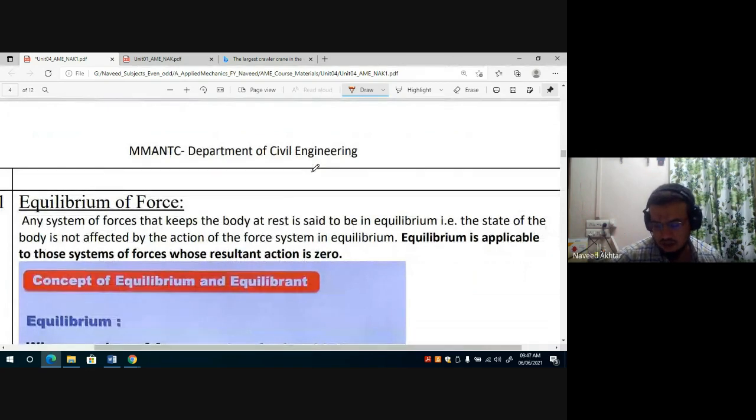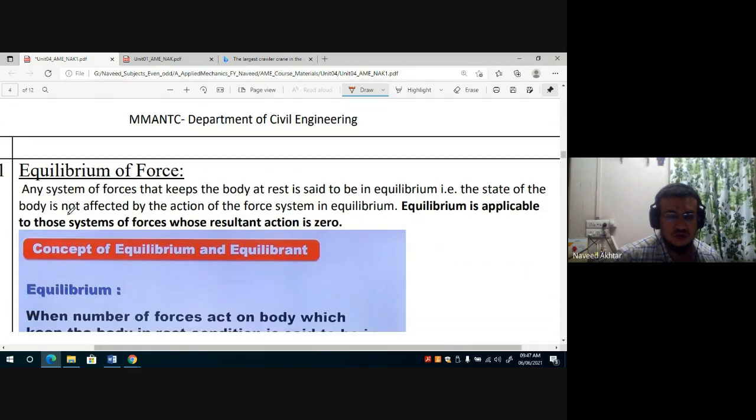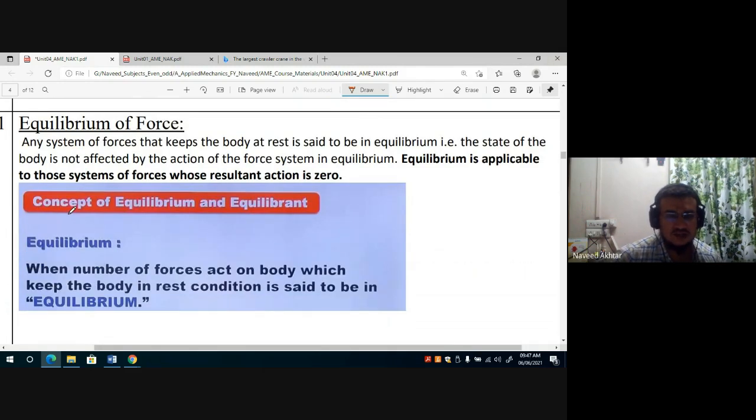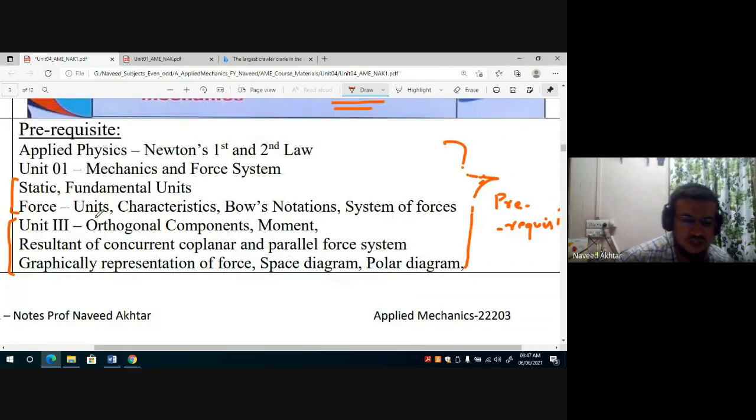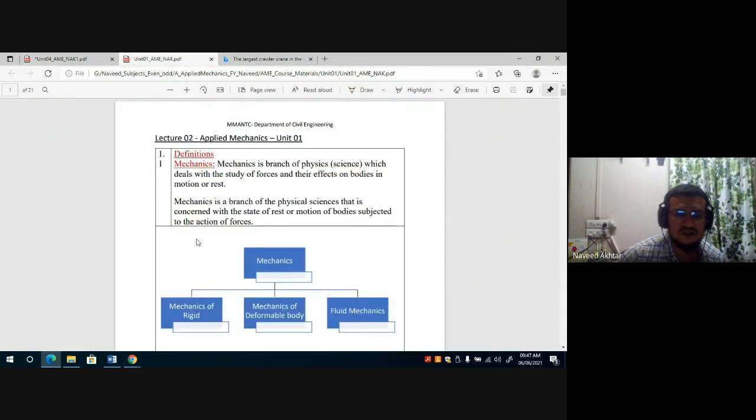Now from here onwards we will start unit number four, that is equilibrium of forces. But before going to that, before starting unit four, we will recap what we studied in unit number one and unit number three, and then we move ahead. So in unit number one, we studied what is mechanics. It is a